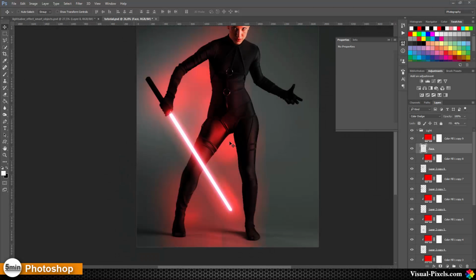Now we have to get rid of the light spill on the background, and we have to work a little bit on this light spill here and on the ground as well. For this I'm going to select the group, and now I can create a mask for the whole group,